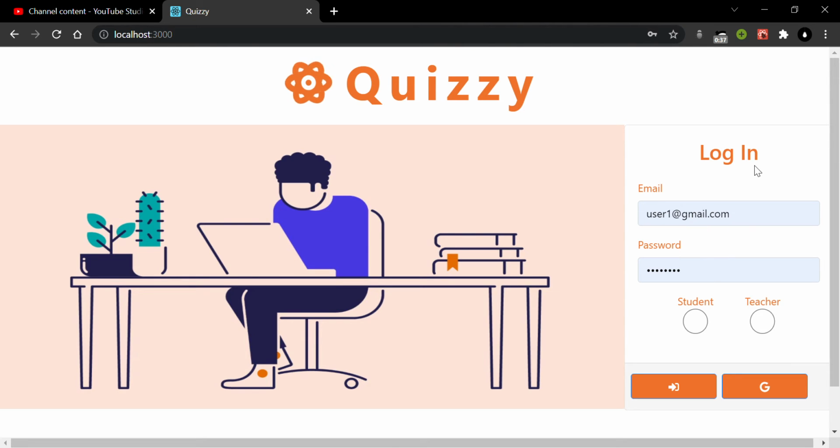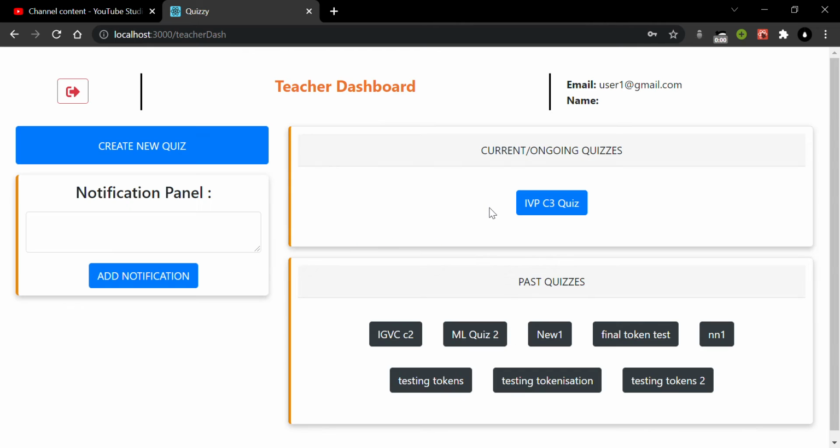So first, let's log in as teacher. We select teacher, put in the credentials, which are our email ID and password, and now we log in. As you can see, on top is the logout button. This is the teacher's dashboard display, and this is where details will be shown for our user email ID. This is actually a testing ID, so no name has been put here. Otherwise, I would log in from an official Google ID, and you would see all the information being